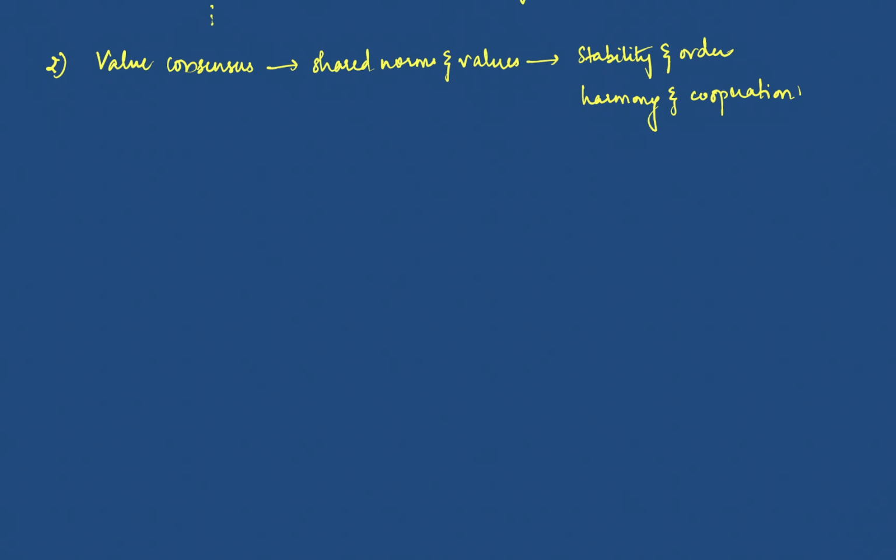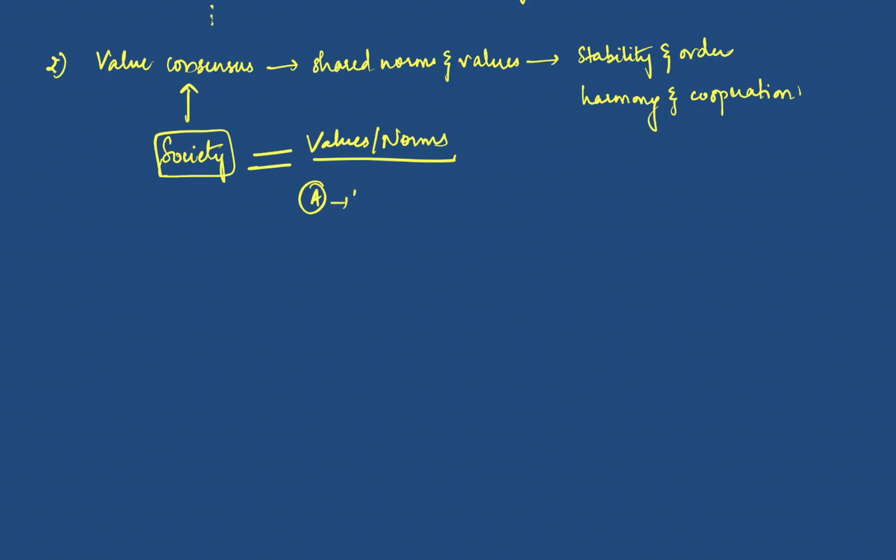So the functionalists say that the society is basically made up of value consensus, right? So every person is not acting according to his own, right? Every person has certain values or norms that are already there even before he came into being. So these are the shared values or norms. For example, let us say today a person called A is born, right? And he has a family, and let us consider for the example that the family is a Brahmin family, Brahmin vegetarian,